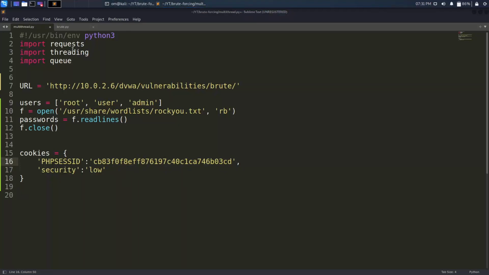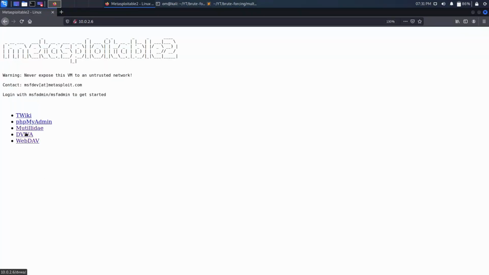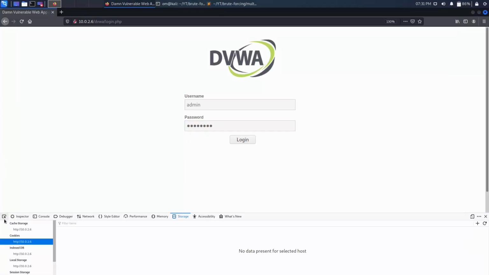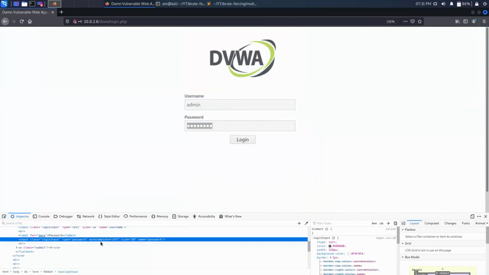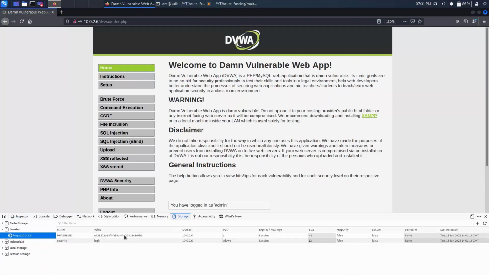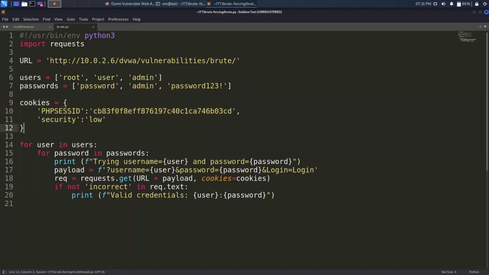the session ID. For that, first we will have to fire up Firefox and navigate over to the Damn Vulnerable Web Application on Metasploitable. Log in with admin and password. I can make this visible quickly, and I can change the type equal to password. So admin:password, login, and now we need to just copy the session ID. So the PHP session ID is this,